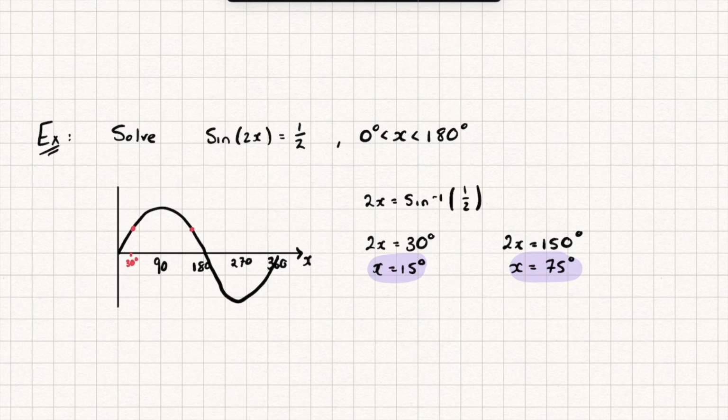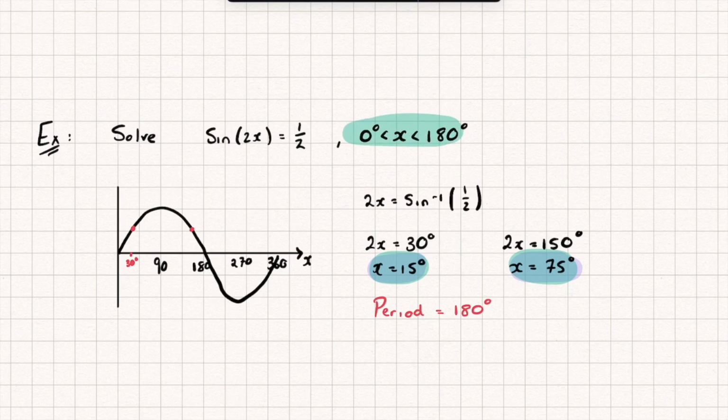Let's now think, what is the period of sine of 2x? Well, hopefully you can remember from the start, the period of this graph is going to be 180 degrees. It's halved, hasn't it? It was 360, the 2x has stretched it by scale factor a half, and so now the period is 180 degrees. So to search for any other solutions, all we're going to do is take the solutions that we've just found and add or subtract 180 degrees from them